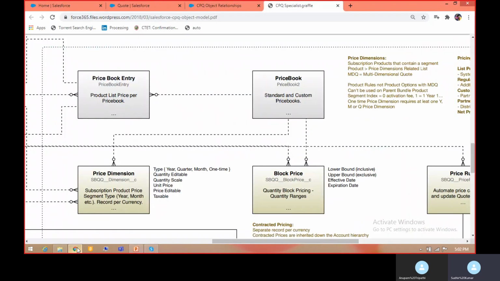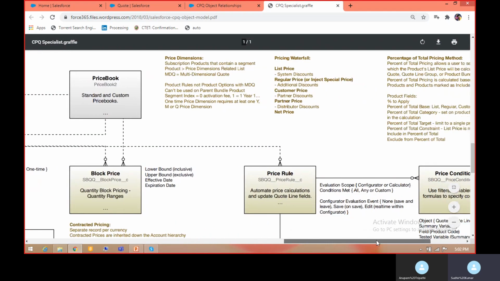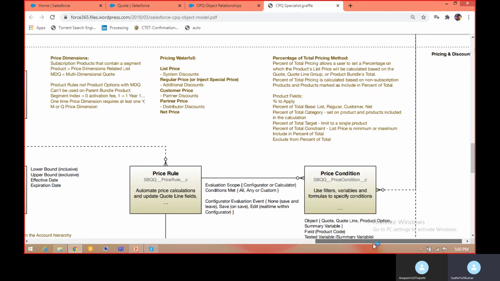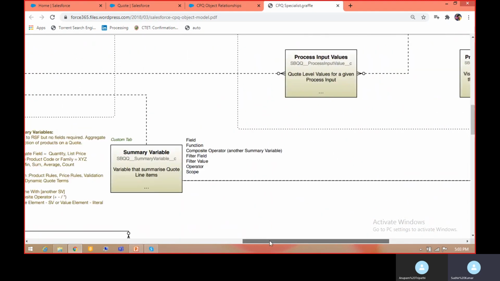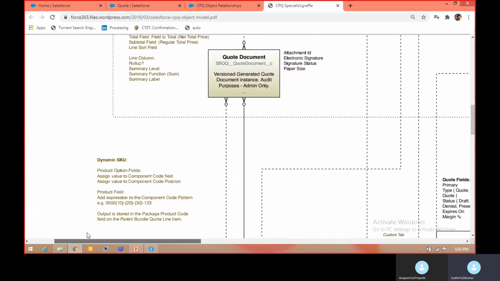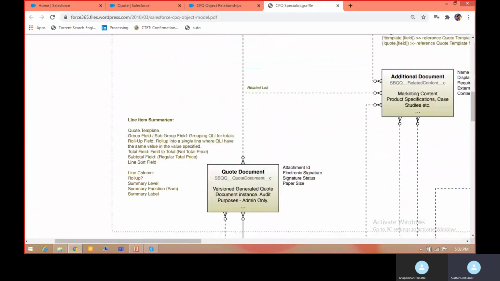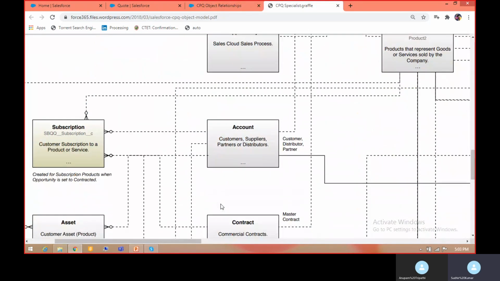For detail, you can go through these links for a better understanding of the relationships between objects. However, we will be discussing all these when we cover topics like pricing and discount and the quote line editor in our upcoming sessions.